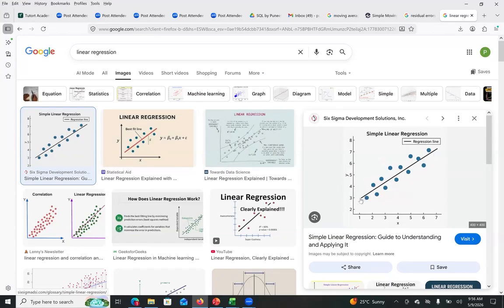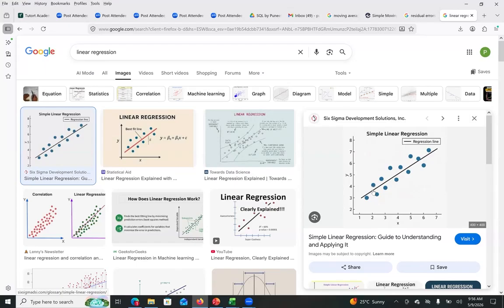We are trying to fit a straight line through these data points. And if someone asks me for x equal to 2, what is the prediction? The answer is very simple. I will just go straight up here, and this is my prediction for x equal to 2. But was it the actual value? This is the predicted value, right? Was it the actual value? No. The actual value could have been this.